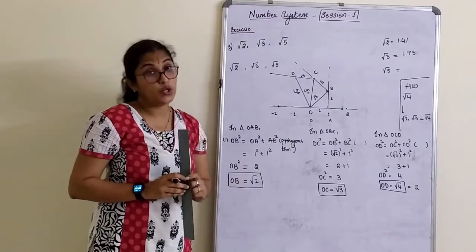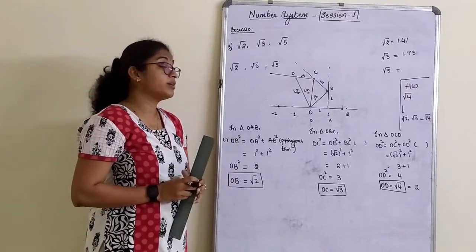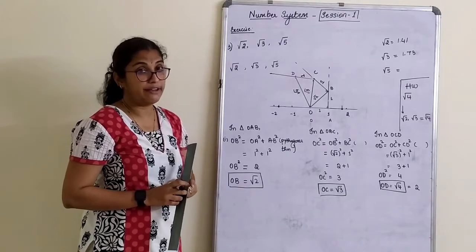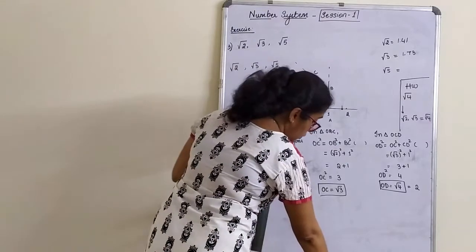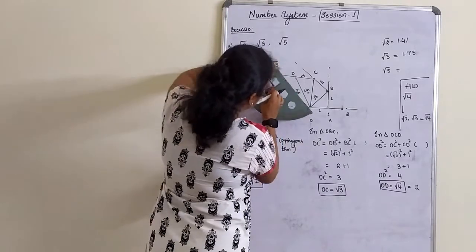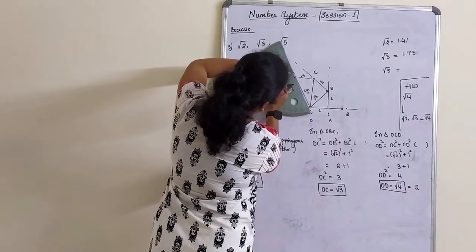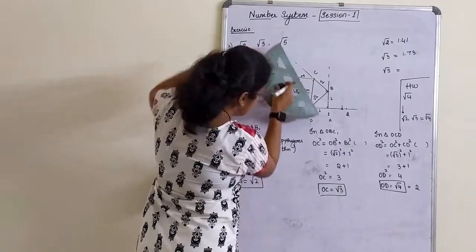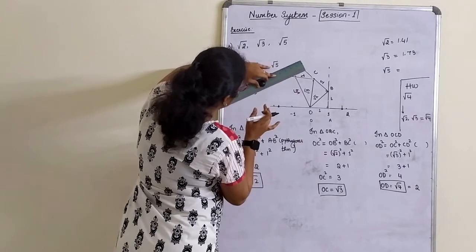Your homework is only to construct. I have given it once again for construction. How do I construct root 5 now? I have to construct root 5 on root 4. This is a lengthier method, children, what I have given you. So on root 4, again the next one. How do you do it? You again take your protractor. Keep this point on D and that line should coincide with OD. So if the OD line is coinciding, my 90 degrees comes here. Then draw a straight line with respect to this.